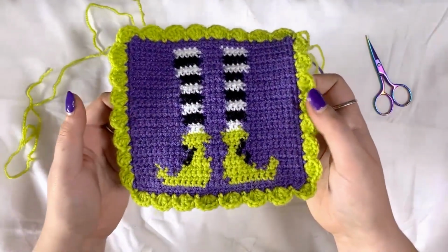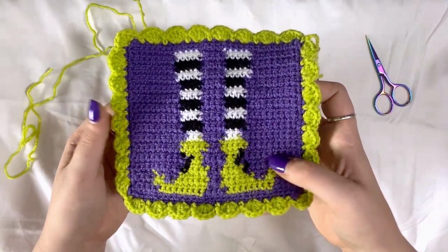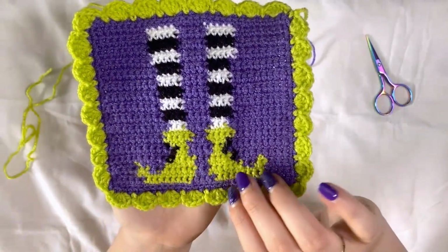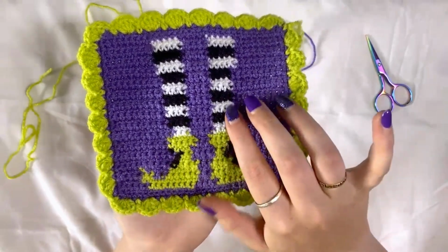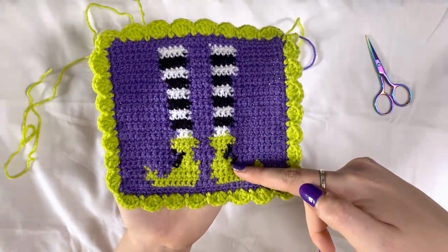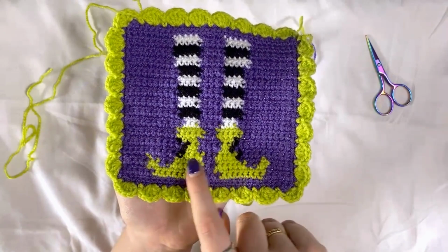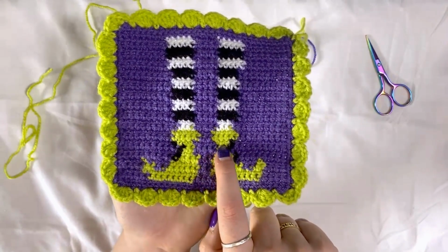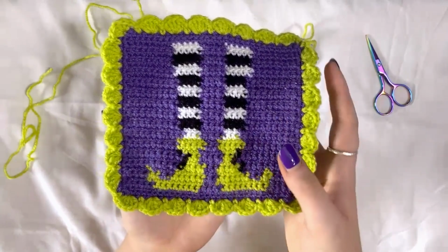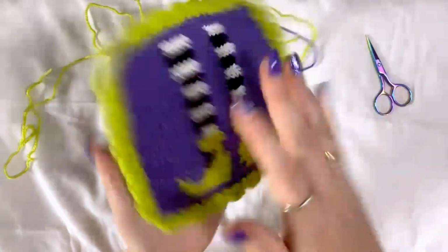And the surface crochet that I'm going to add to this is going to be around the witch's shoes and possibly also the little buckles here, because as you can see, the thing with colorwork in crochet is that the stitches aren't technically on top of each other, unlike knitting where each stitch is directly above, with crochet they lean towards the left and the right. So when it comes to stitches like this, you can see that on this side there's a little gap, whereas on this side there isn't. And the same with here and here. And you can see that this stitch here is more defined than this one, and it's just little bits and bobs like that. So surface crochet is going to help us define these shapes,